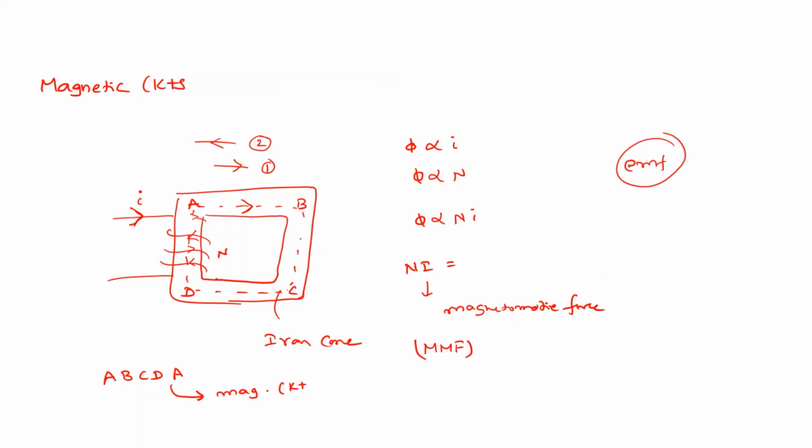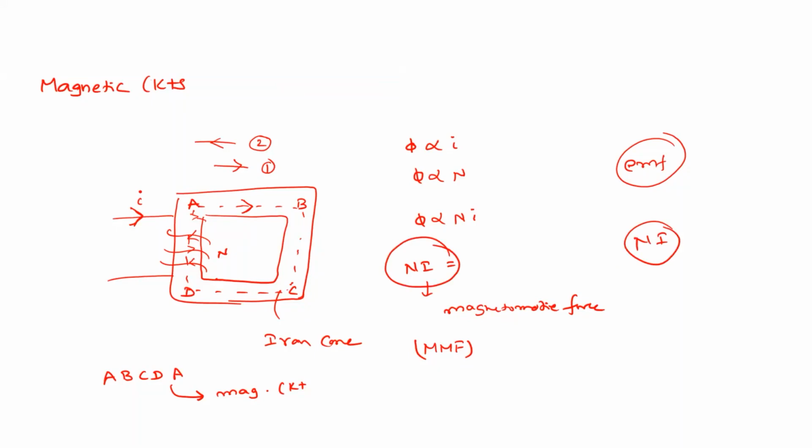Maybe we don't know by this nomenclature, sir. What is the nomenclature then? We haven't studied this name earlier, sir. No, no, there is some name for this N into I. What is that name? Sir, MMF is nothing but a current carrying conductor in a magnetic field, and it will experience a force.